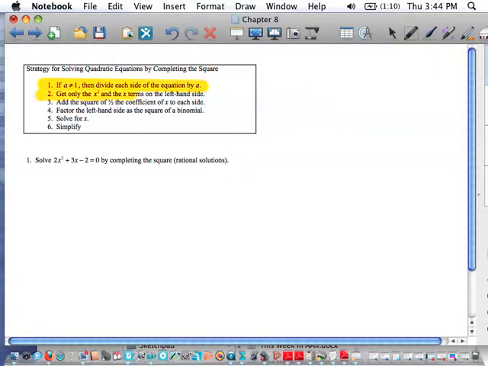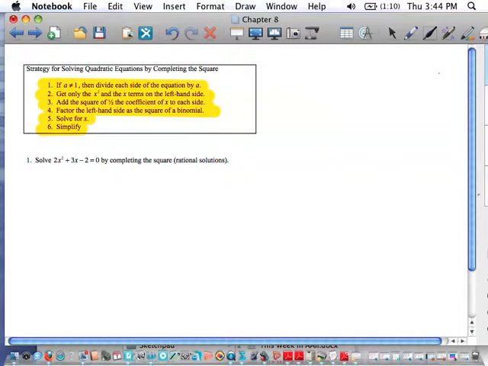Get only the x squared and the x term on the left-hand side. Add the square of 1/2 the coefficient of x to each side. Factor the left-hand side as the square of a binomial. Solve for x and then simplify. So in our first example,